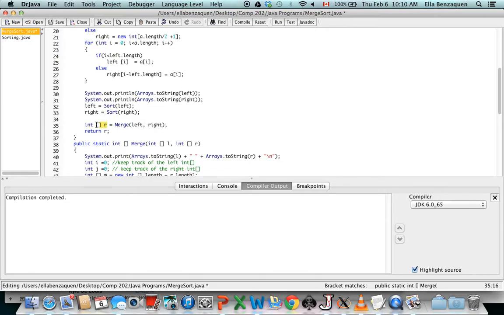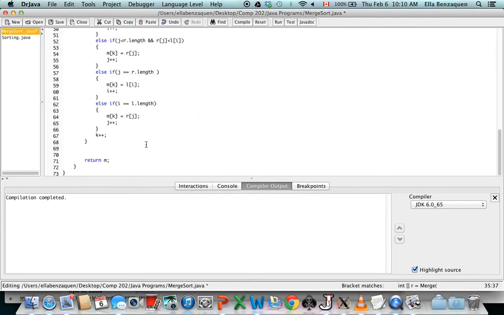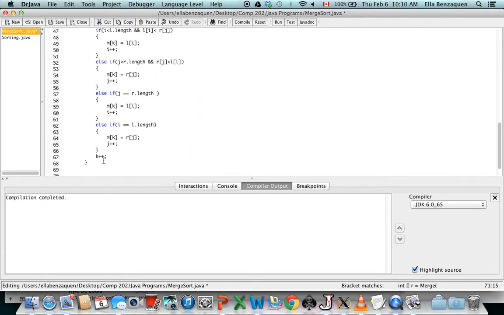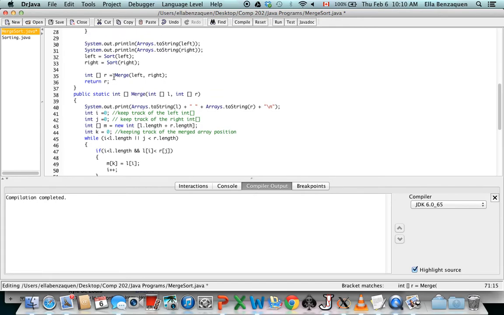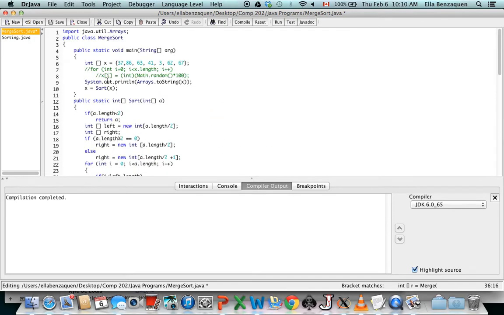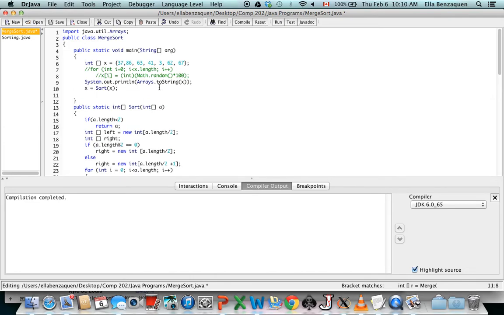Okay, so the integer I created in my sort method, r, is in fact the return of my merge method, which is now my final merged array. And this sort method is going to return this r, and this r, because it's the actual merged array, when I go back to my original main method and I ask it to print